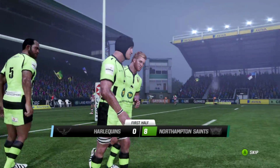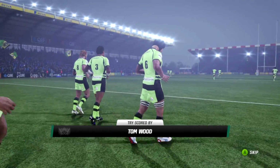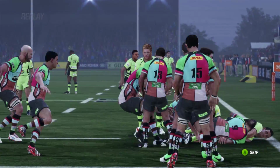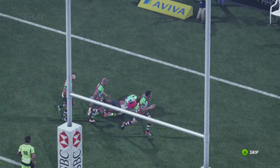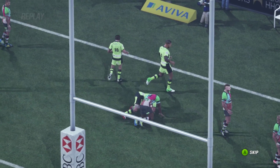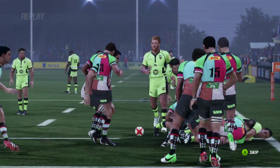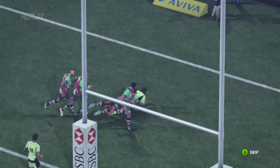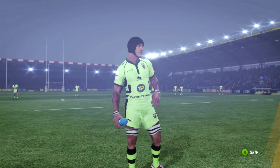It was a magnificent run from Dawson that really broke them up. But in the end, Tom Wood is the benefactor. Van Velsen playing a very good role at scrum half here. Straight out to Wood, and he split them in half as they tried to fall back into line. But a break from Burrell. He used Dawson brilliantly, and it was set up, quickly recycled. And Wood runs in for try number 1. What a start here